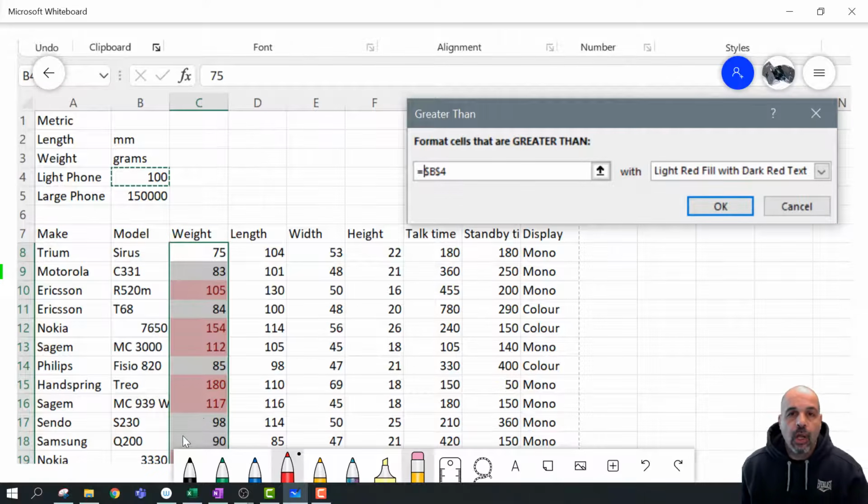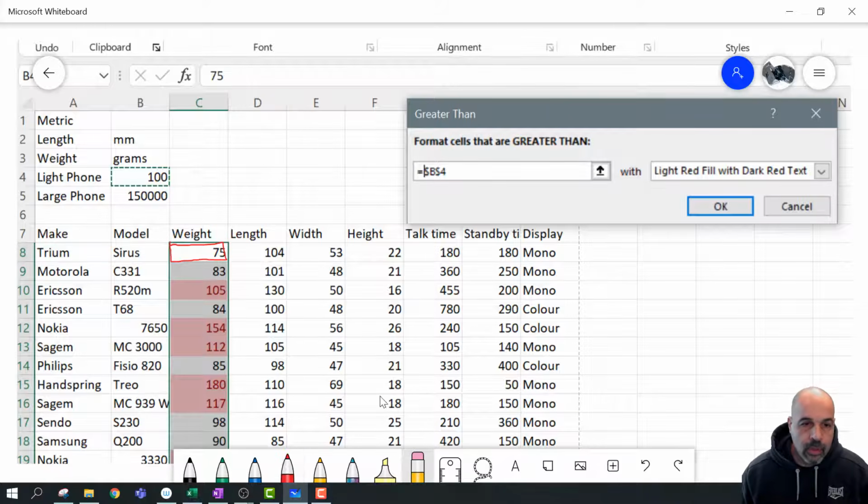However, when we apply conditional formatting, we have to consider that it's only applying to this very first cell, the first cell in our selection, this one here. Now, the reason why is so that we can then determine how we're going to deal with the referencing. Okay? And what do I mean by this? Well, essentially, this formula here is saying that